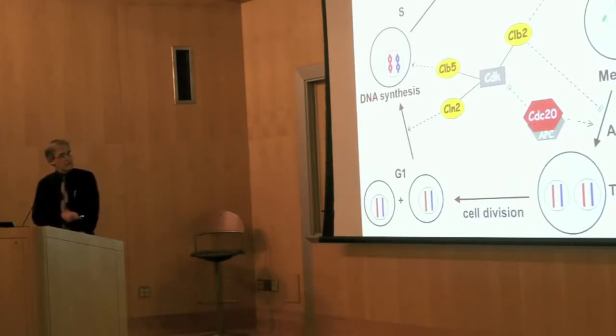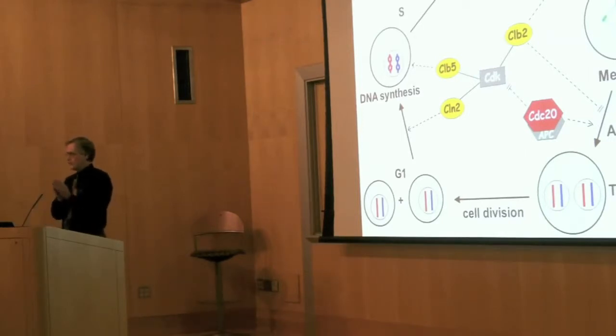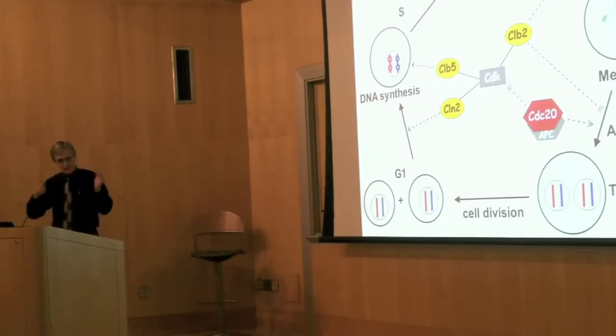And what this machine does, when it's active, is cause the dissolution of the glue that's holding the sister chromatids together, so it allows anaphase to occur. That's why it's called the Anaphase Promoting Complex. It dissolves the glue and the sister chromatids can separate, the cell goes into anaphase, but the CDC20 APC also